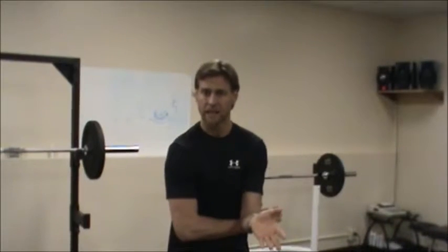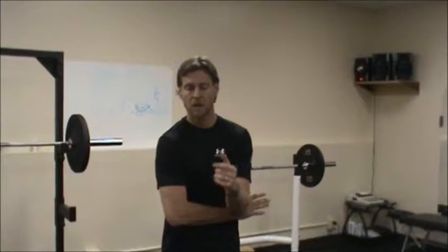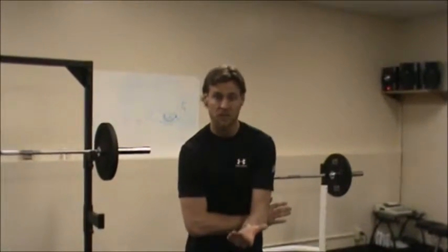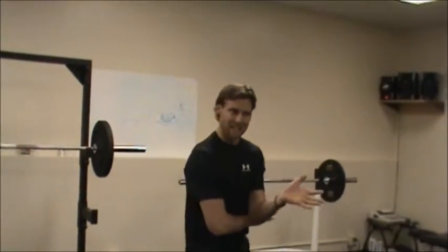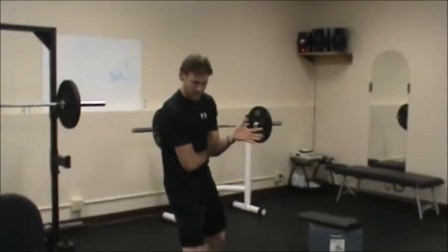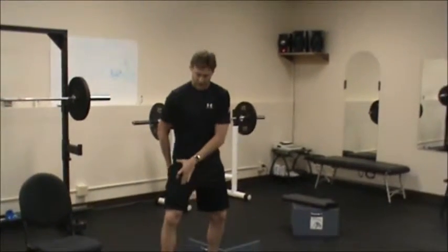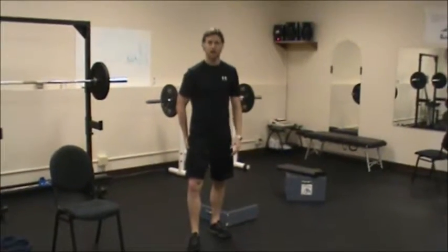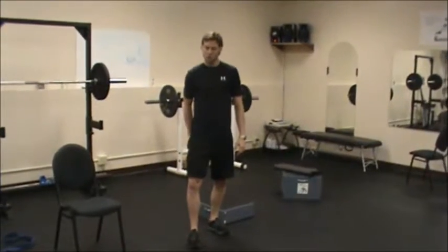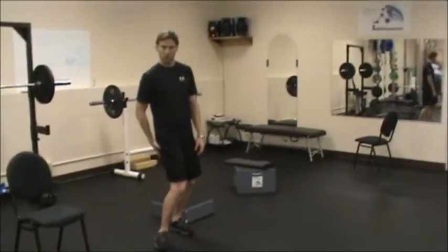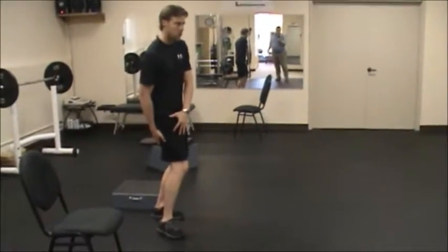It's not because they had a weak ACL. It's from a specific movement pattern that we see all the time in females, also in males, but females are a little bit more susceptible to it, which is this knee-in position right here. This is called internal rotation of the femur. And as you see, if my leg's all set up where it needs to be, I'm a little bit externally rotated, okay? When I'm in a bad position or a vulnerable position,